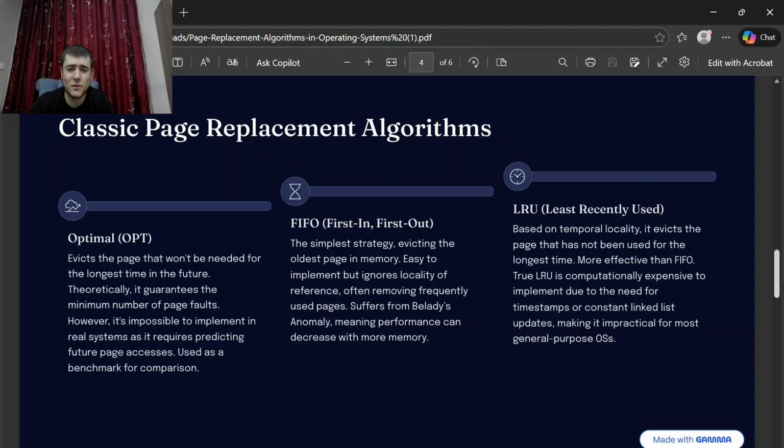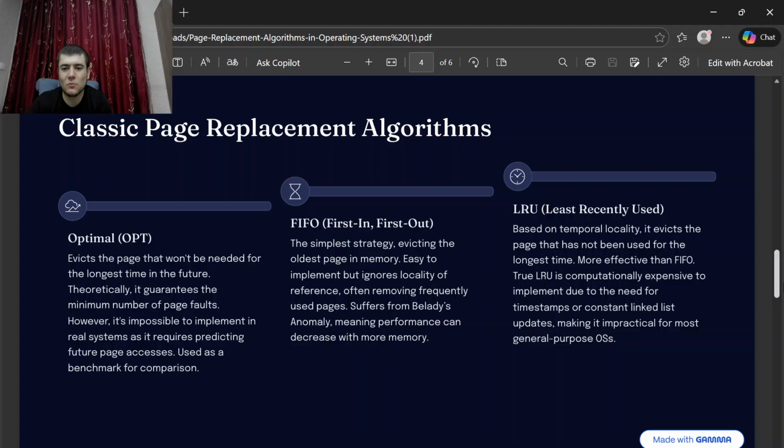FIFO, first in first out, is the simplest strategy, evicting the oldest page in memory. It is easy to implement but ignores locality of reference, often removing frequently used pages. It suffers from Belady's anomaly, meaning performance can decrease with more memory. LRU, least recently used,